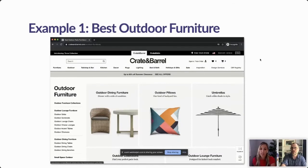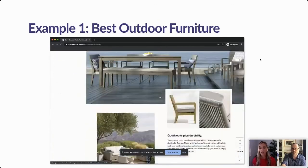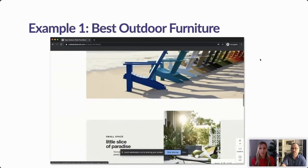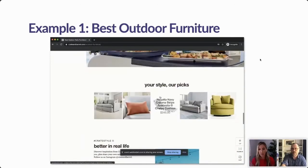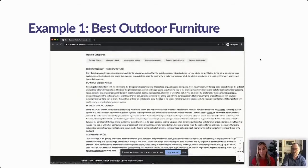pillows. These are semantic related keywords. Google has picked up on that. This page must be about the best outdoor furniture because they have everything. They have couches and collections and umbrellas and everything you need for the outdoor space. Best outdoor furniture, quote unquote, is peppered into the content. And then if you come to the bottom here, this is, I like to look at